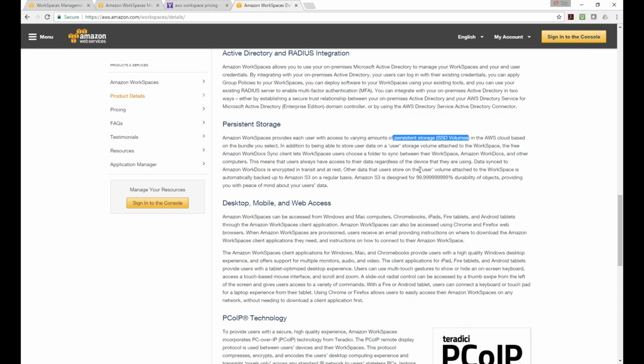Come on, guys. Are there any VMware guys here? What is a persistent storage? I'm sure I mentioned that in one of my classes. Persistent storage is, if you put something in that storage, let's say a C drive or a D drive,